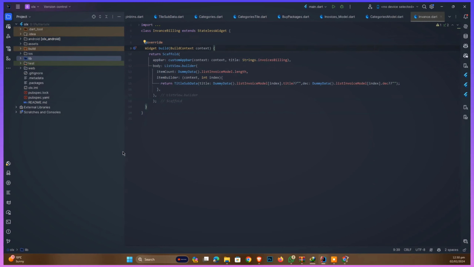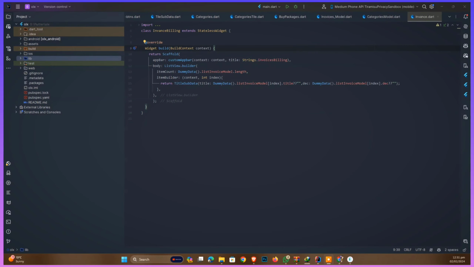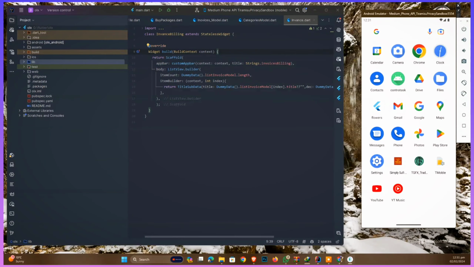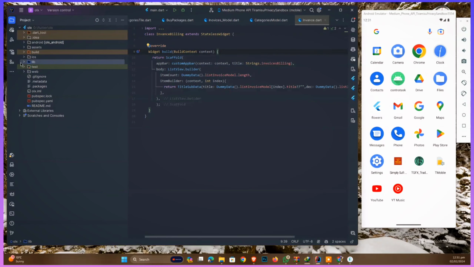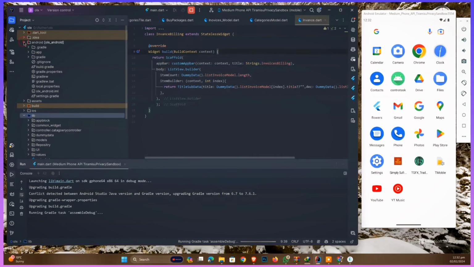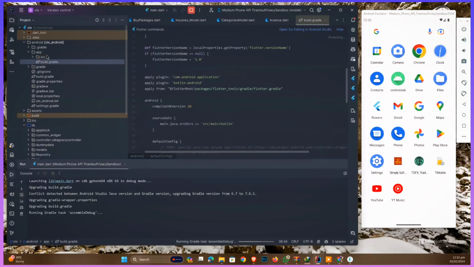So once we run it on our emulator, where is our emulator? Here, I just make it small and display it with the emulator, and we are going to change the Android side as well for the complete running. First of all, we are trying to run this by just changing the Flutter side, to see whether it will run successfully or not. As you see, it shows me conflicts, Java conflicts, and tries to upgrade itself and upgrade Gradle and run. So what we do, first of all, we simply move to the Android side,